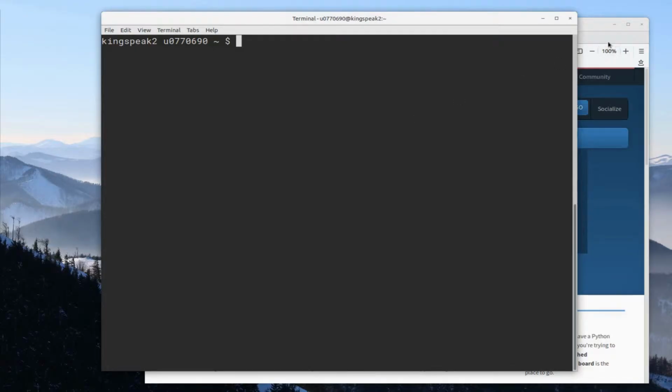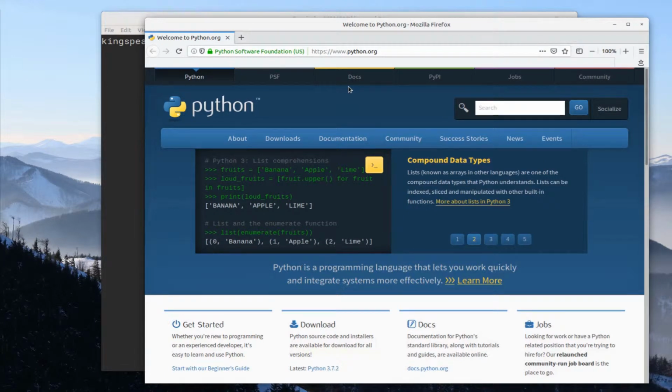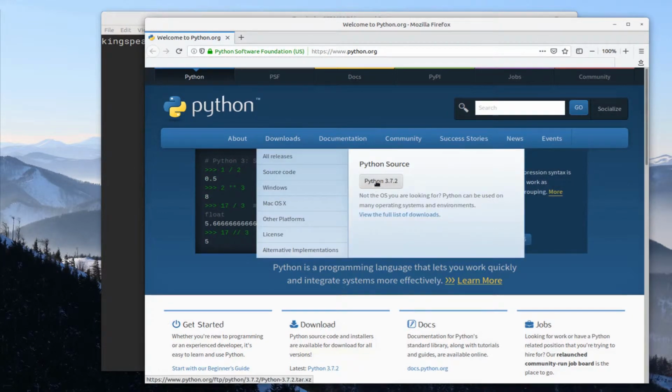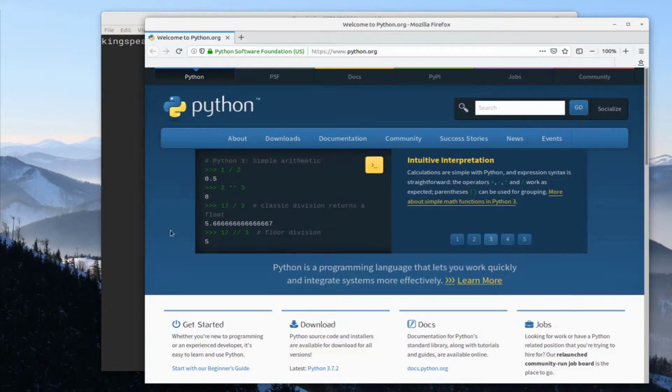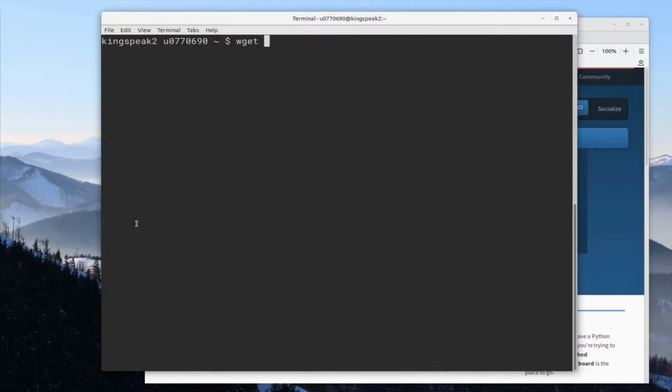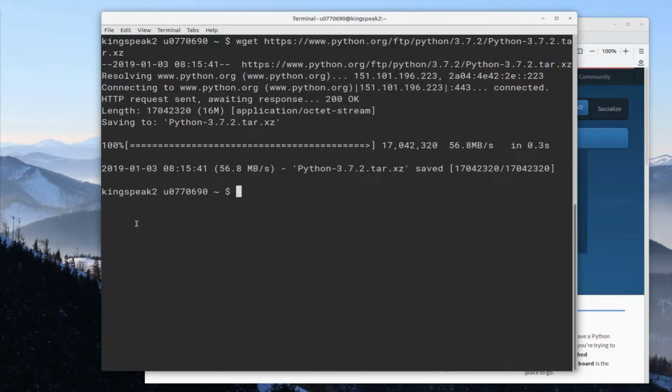The first step is to acquire the Python source code. You can do this by going to the Downloads tab on the Python website and then using the wget program and the associated URL to download the bundled source code. You can then change this into a directory containing source code with tar xjf and then the .xz file that you got with the Python source code in it, and this will output to Python-3.7.2 in my case as a